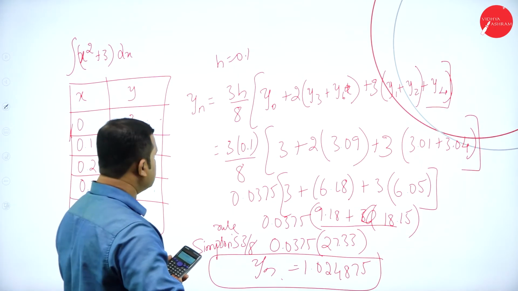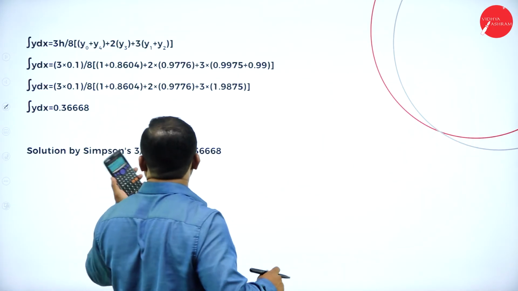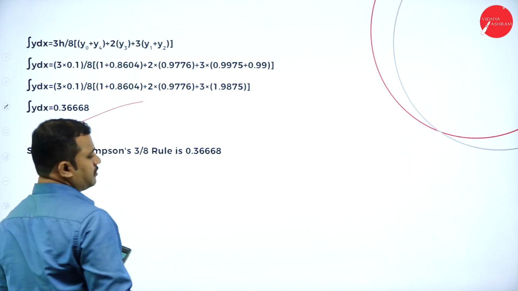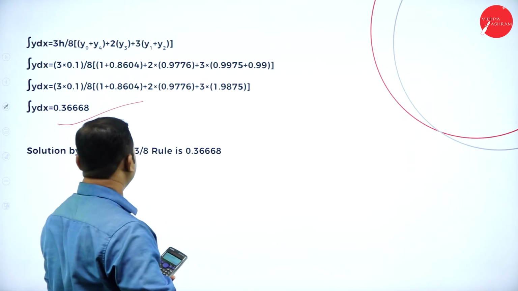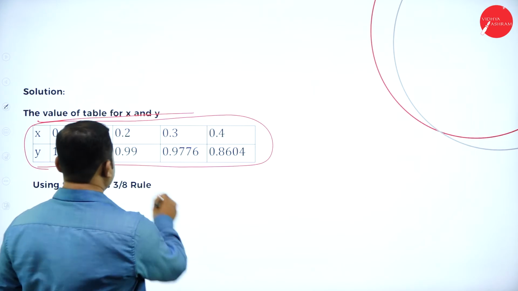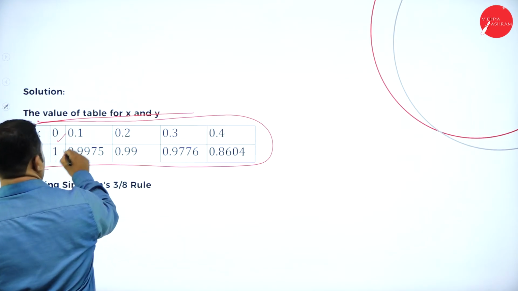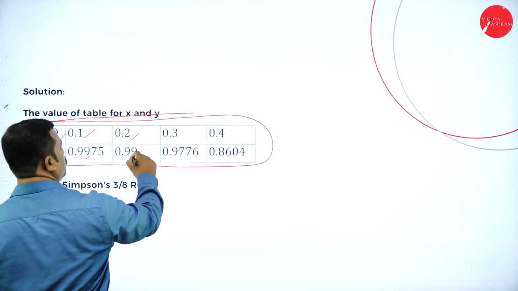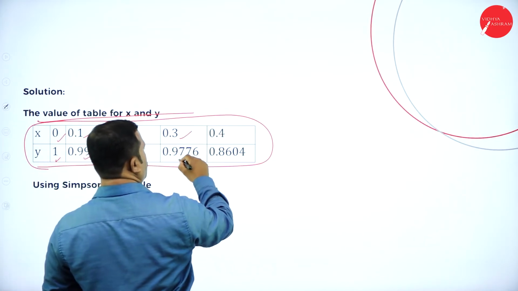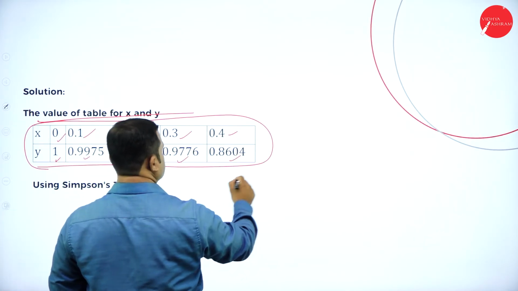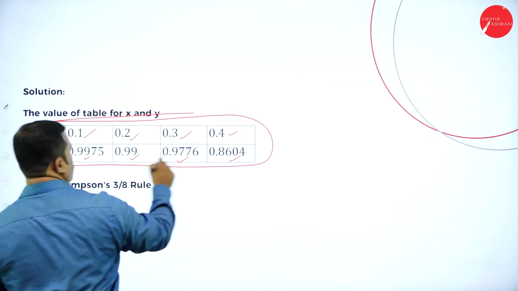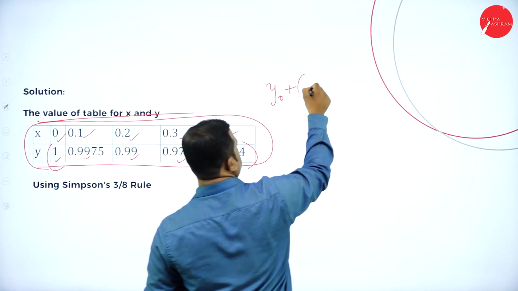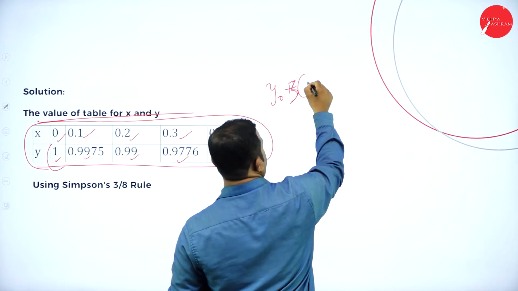So if that is the case, let me consider another formula. This is for the earlier method, for the earlier question. That is for this question. If for 0 we have 1, 0.1 we have 0.9975, 0.2 we have 0.99, 0.3 we have this, 0.4 we have this. If I substitute all these terms of y into the original equation, that is y0 plus 3 times